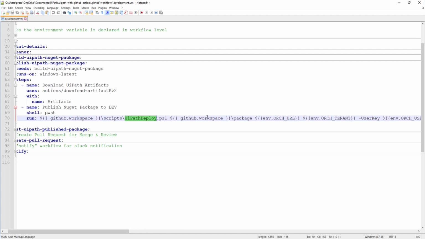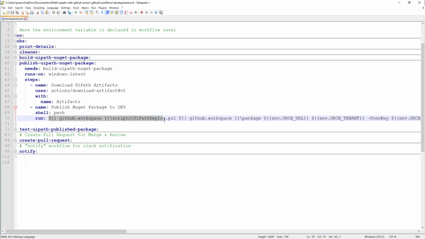If you look here, once you download this artifact, it will be downloaded to the GitHub workspace inside the package folder. So here again I am running a PowerShell. The PowerShell path is this one. Then this is the path of my NuGet package.